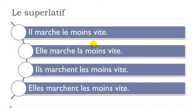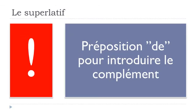Alright, so exactly the same thing. Le for the masculine singular, la for the feminine singular, and then you've got les for the plural form. Moins, and your adverb, and it doesn't change whether it's masculine, feminine, or plural. Okay? Keep in mind that if you want to construct this superlative, and then after that you want to introduce